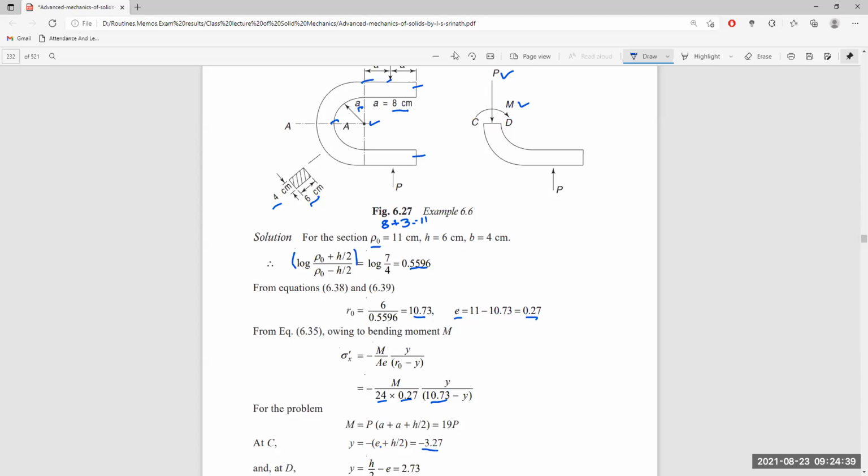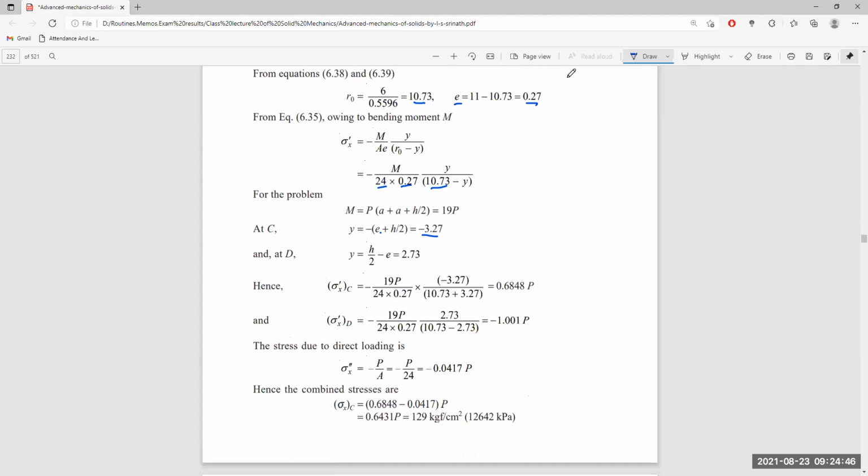Y is also H by 2 minus E, so we have 2.73 itself. So if we put all these values, M, A, E, Y and R0, into this expression, the compressive stress will be